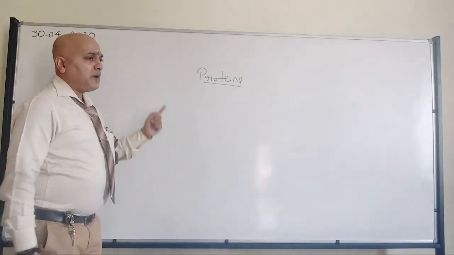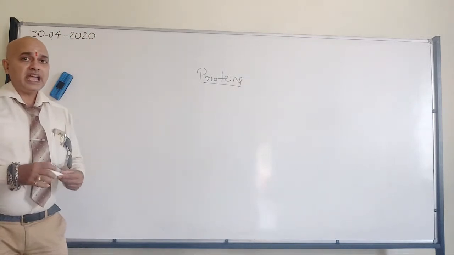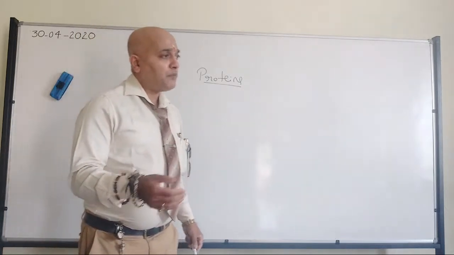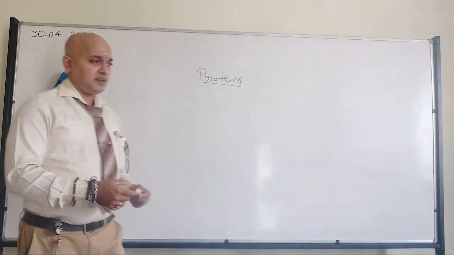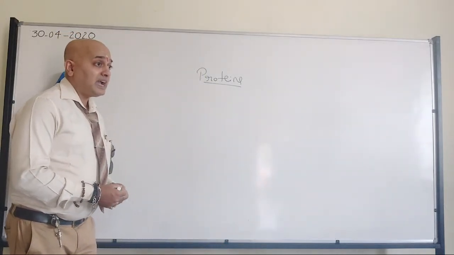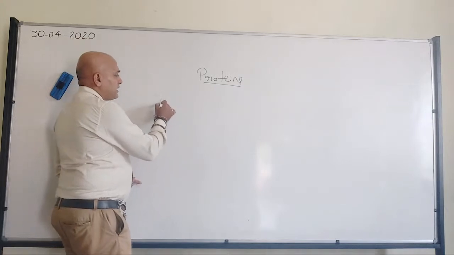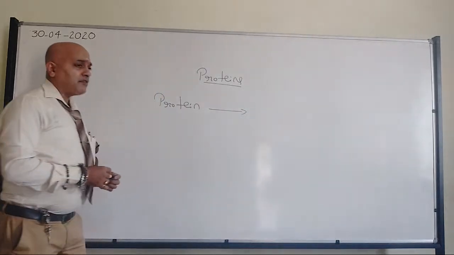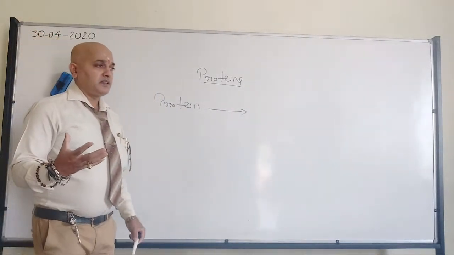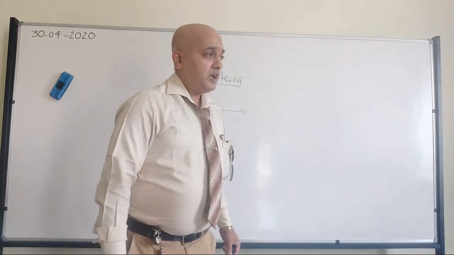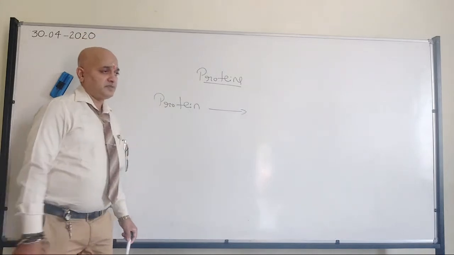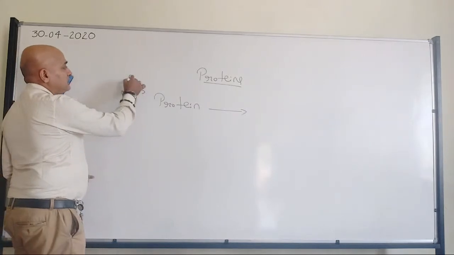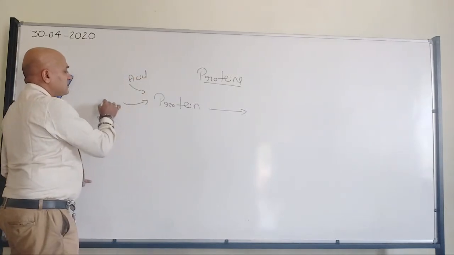So therefore, when I am talking about proteins, they have primary, secondary, tertiary. If they are having more than one polypeptide, they will have primary, secondary, tertiary and quaternary. That is the difference between polypeptide and a protein. So what I will make it clear here is, I have a protein in a solution. Now what I will do is, I will add some acid to that solution, or I will add some base.